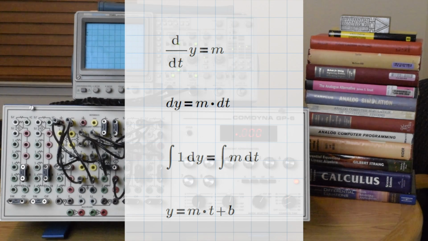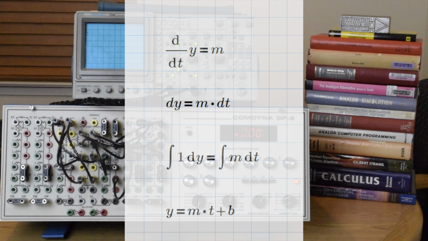Then you can integrate both sides. Effectively, you're integrating 1 with respect to y, and then you're integrating m with respect to t. So what you end up with is y, because the integral of a constant 1 is the actual variable y,